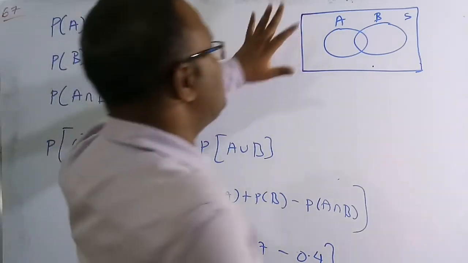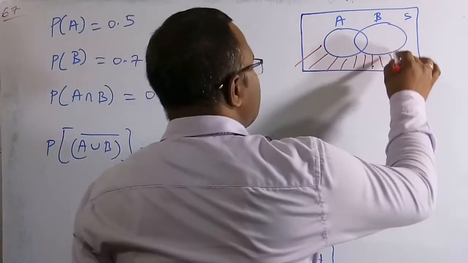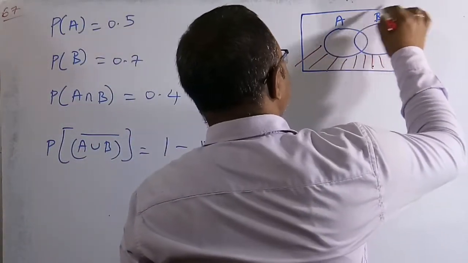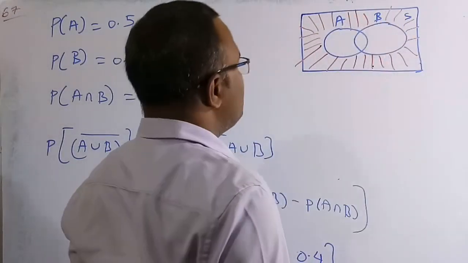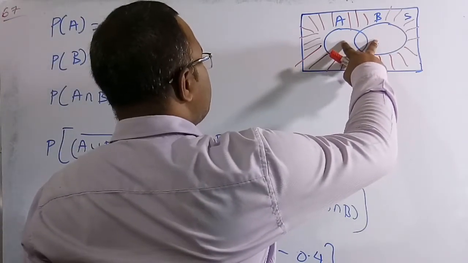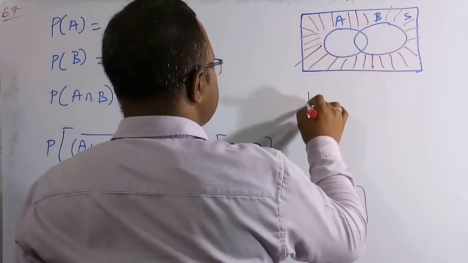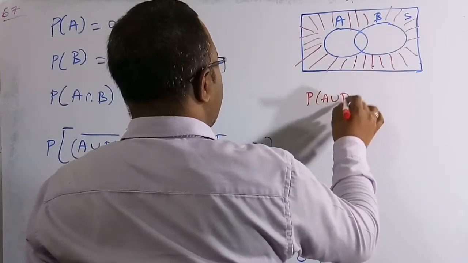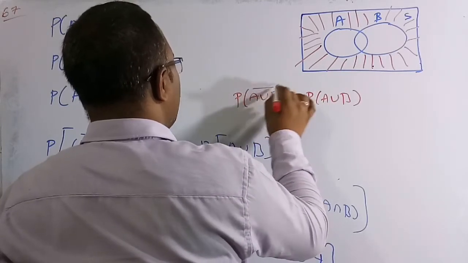So this is the space in which neither event A nor event B occurs. This is the area you need to figure out. The area covering A or B is called the probability of A union B, meaning either one or both can occur. So this is the probability of A union B. And non-occurrence means the probability of A union B whole complement.